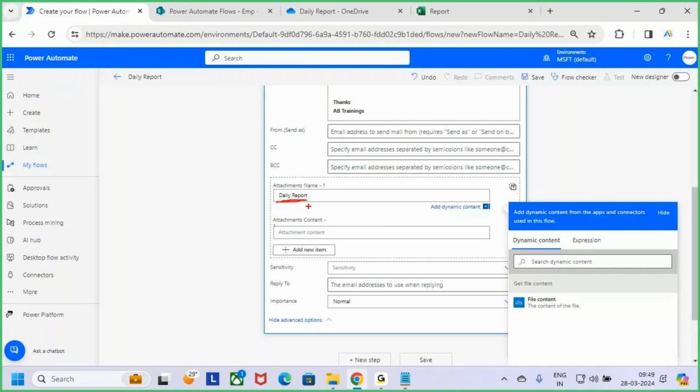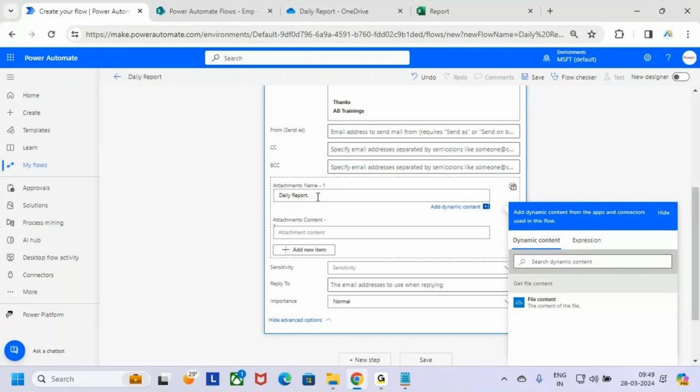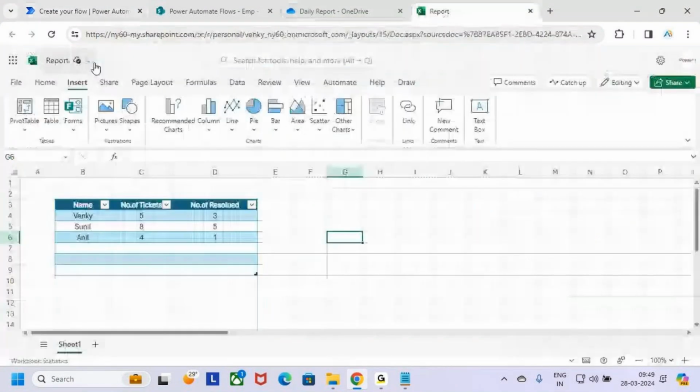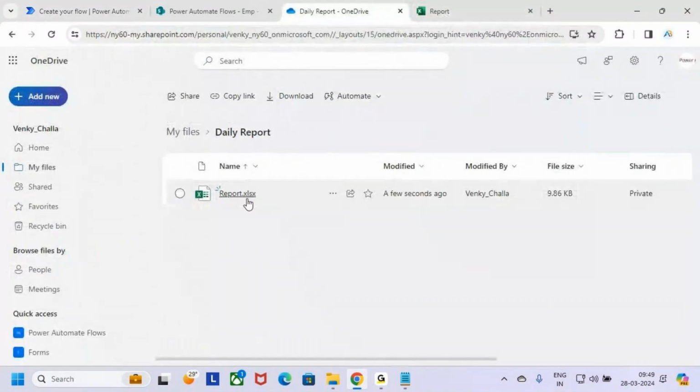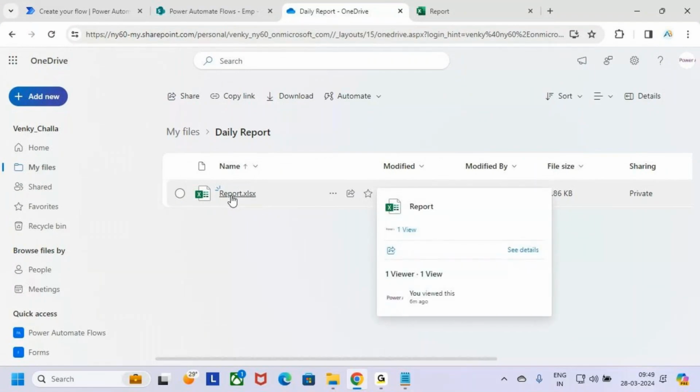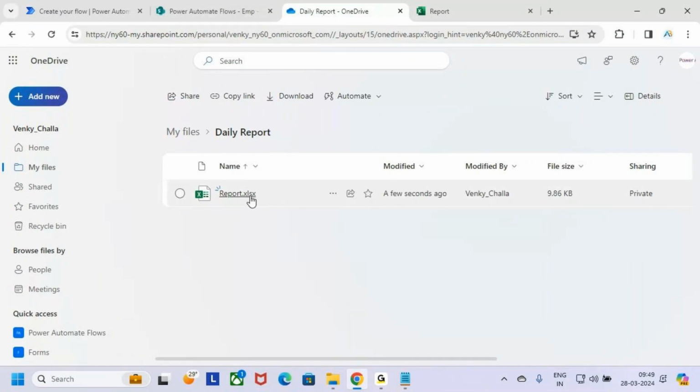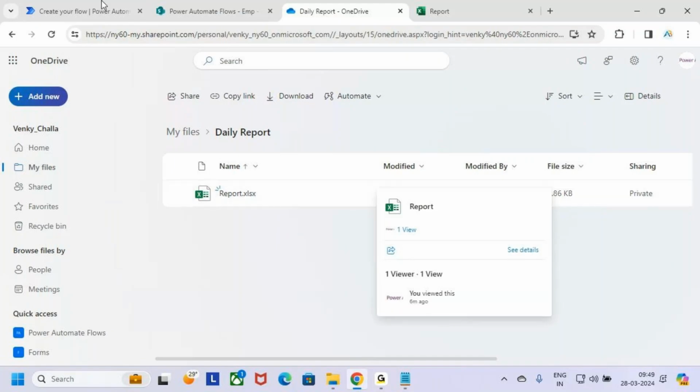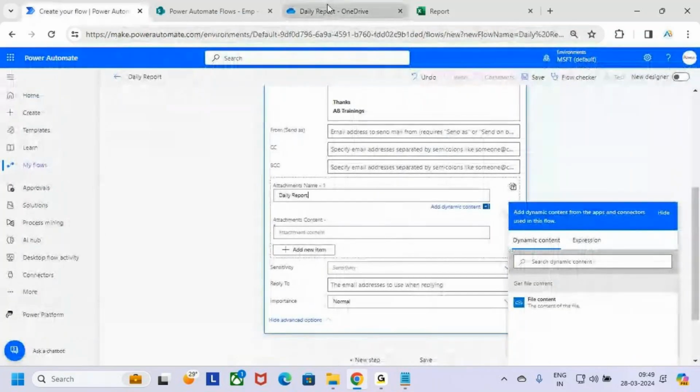I'm keeping the attachment name as daily report dot. What's the extension we are having for this? XLSX. For this report, report is the name, and there is some extension. We need to pass the extension here. If you are not passing the extension, it is not possible to work with it. Let me pass the extension as XLSX. Now, once after passing the extension,